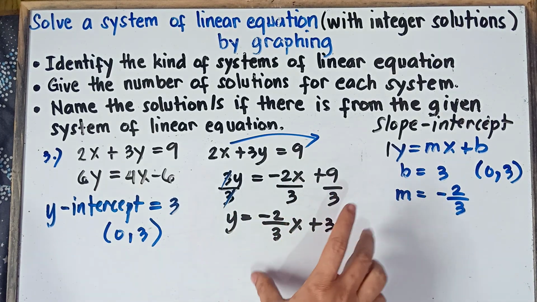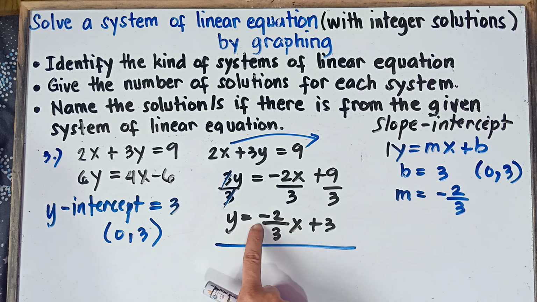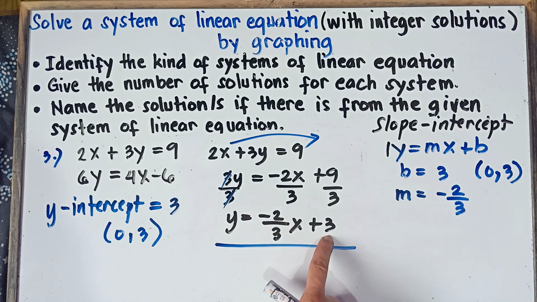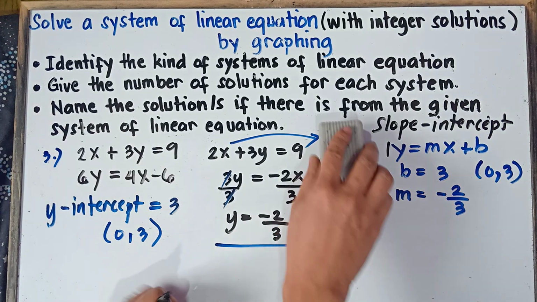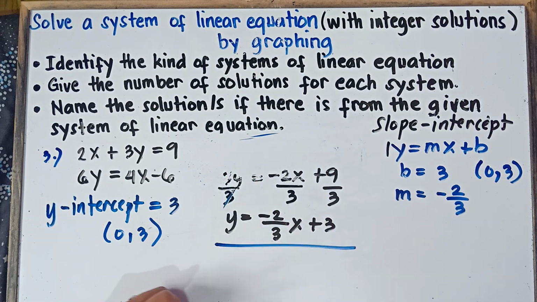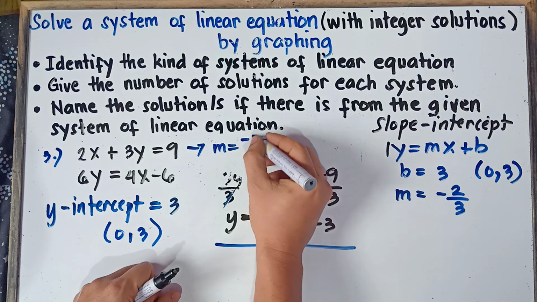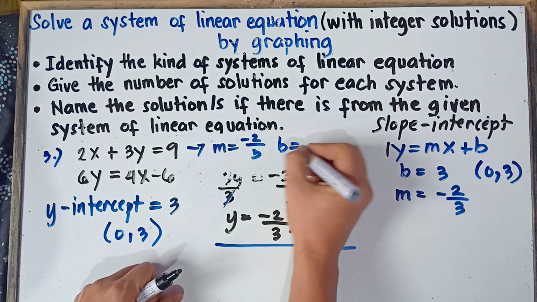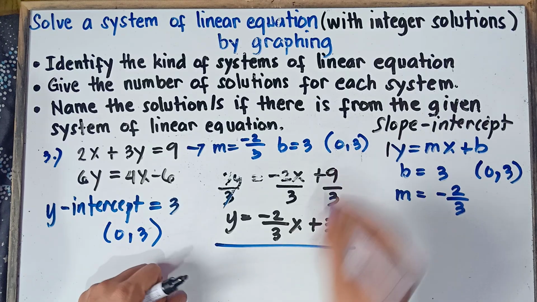So we will explain this later on, class, how to plot this one on the Cartesian plane. You pause the video, class. I'll be erasing this one. This will be our answer, class. So this will be the equation. We have y equals negative 2 over 3x plus 3. And the slope, that will be negative 2 over 3. And then the y-intercept, or the value of b, that would be 3. The ordered pair, that would be 0 and then 3. Alright, so therefore, for this one, we have slope negative 2 over 3, b or the y-intercept, that would be 3. The ordered pair, we have 0 and then 3.